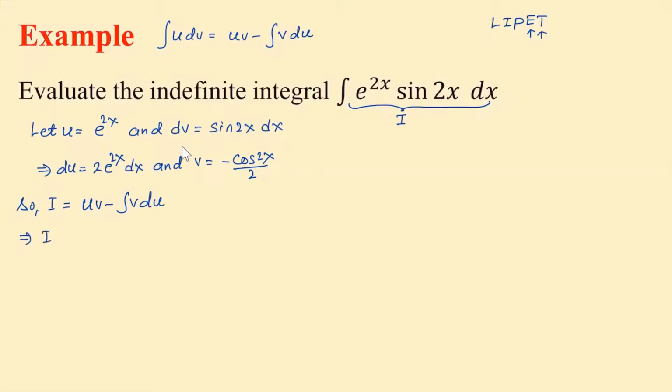So I is equal to u times v. So we are going to multiply u and v. So we'll get negative e to the 2x cosine 2x over 2. So that's your u times v, then minus